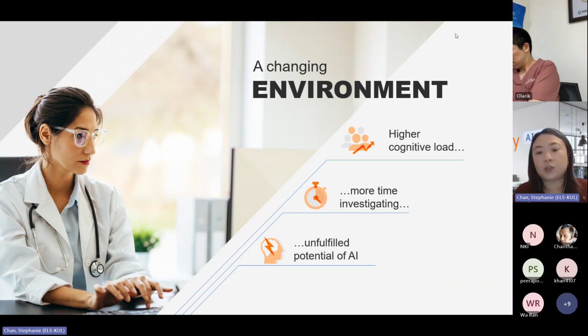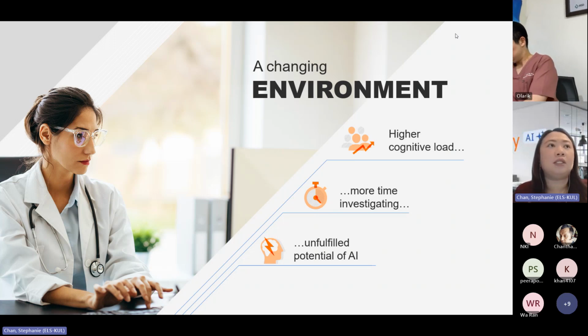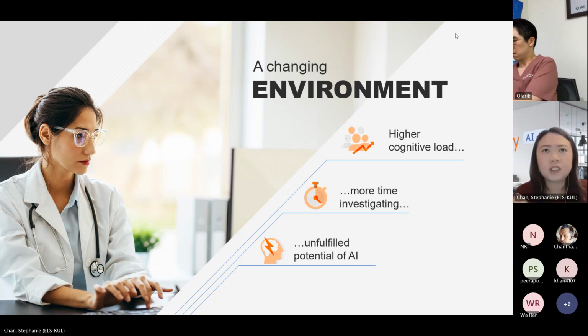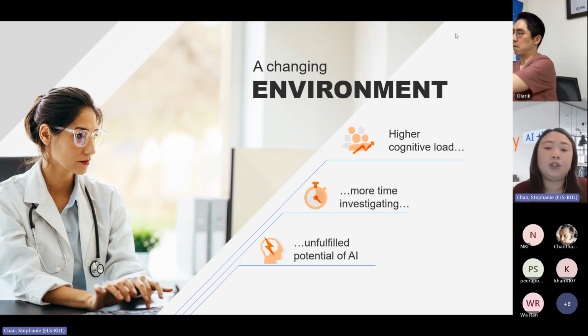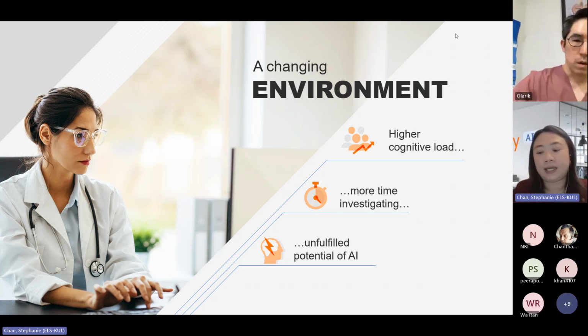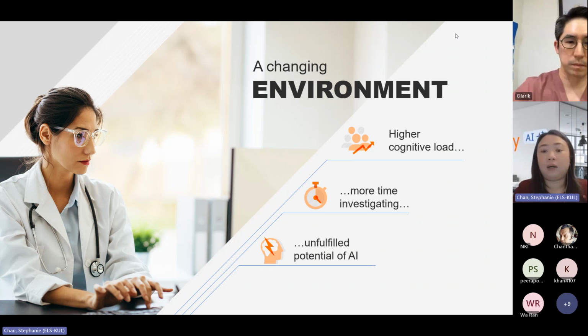And there is also an unfulfilled potential of AI. A lot of times we see that AI is here to help us, right? We use it, I think, even now on a daily basis, whether we are using ChatGPT to summarize our notes, getting quick information, there is a potential for AI to assist in the daily activities. However,